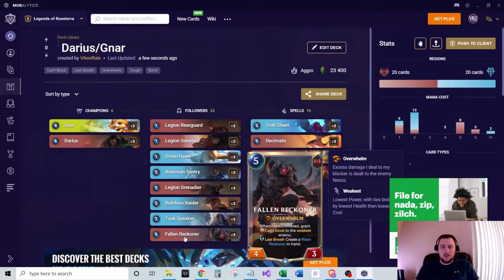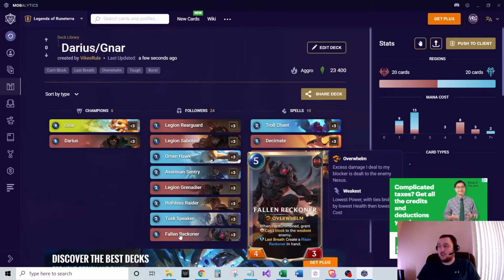And then the last follower we run is Fallen Reckoner. So this is a 5-cost unit, a little bit expensive for an aggro deck, but has a great ability. Not only does it have Overwhelm and a 4/3 stat line, but when it's summoned, it grants the weakest enemy can't block. So this is really huge to help you push through damage and help get rid of some of those chump blockers that your opponent puts down,